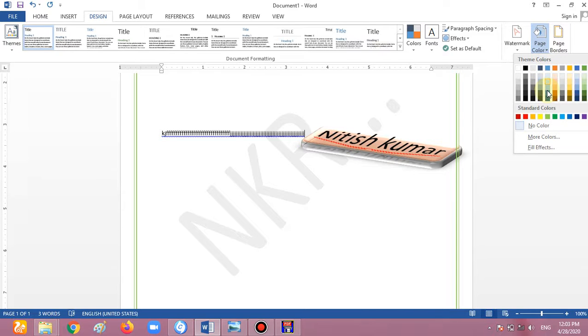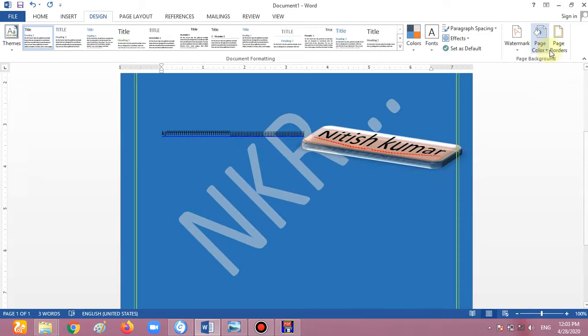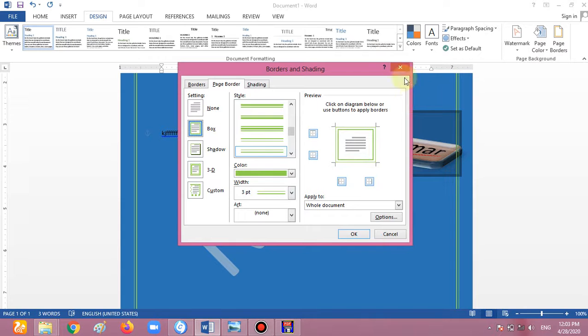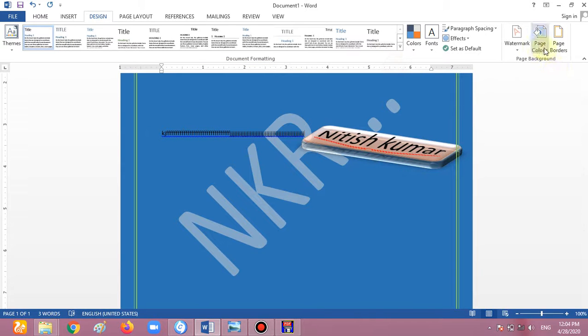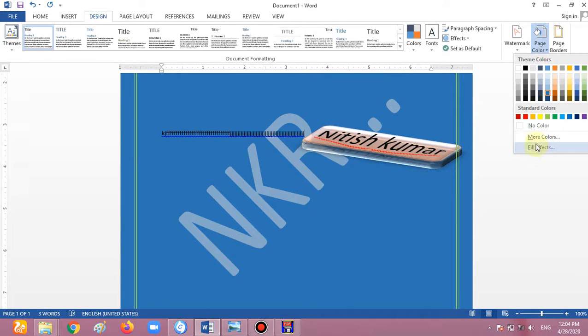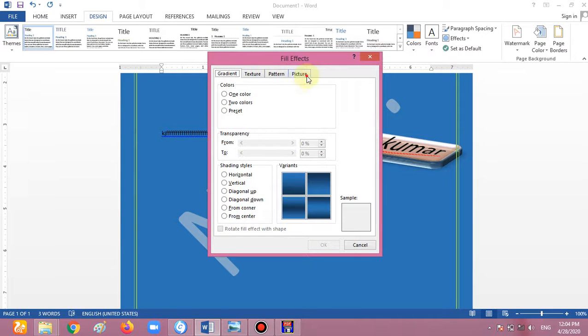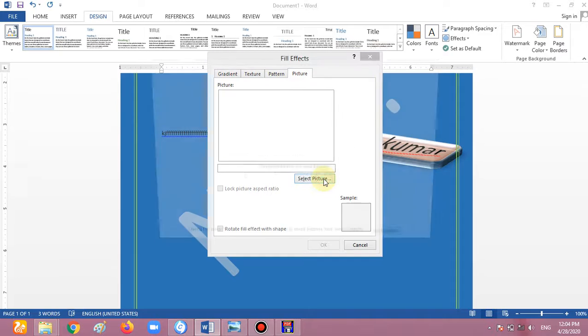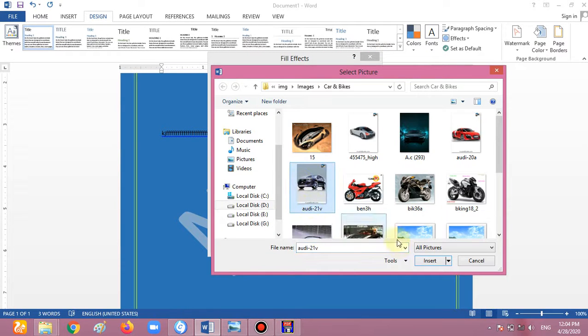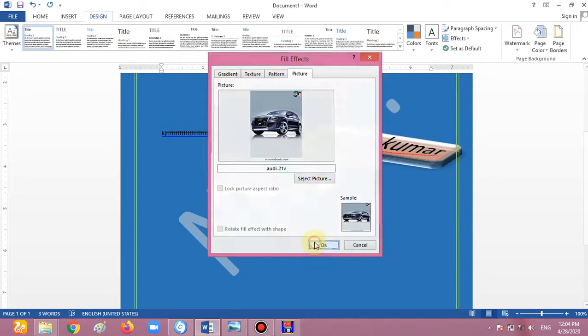Page color, it's for the page color. In page color we can also put a picture with the fill effect. There is a pattern, picture, so many things you can put. Select a picture for the background. If you have this type of situation, choose any picture for the background, click on OK.